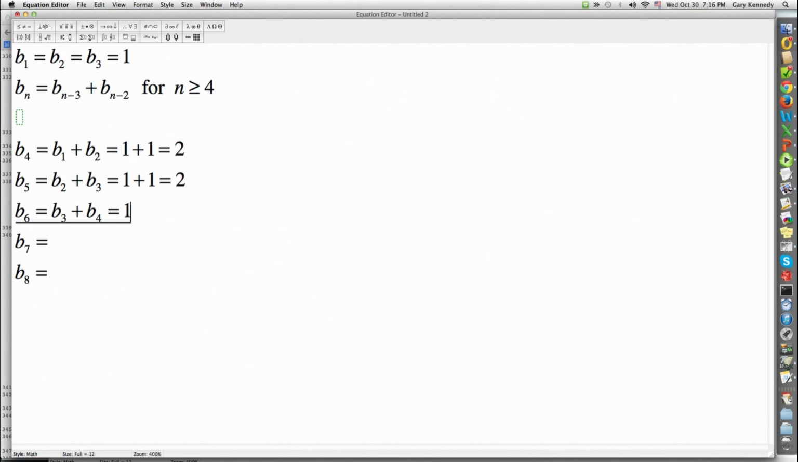B3 was 1. Wait a minute, what's B4? And now we realize, of course, we need to use the result of an earlier calculation. B4 was 2, so we learn that B6 is 3. B7 must be B4